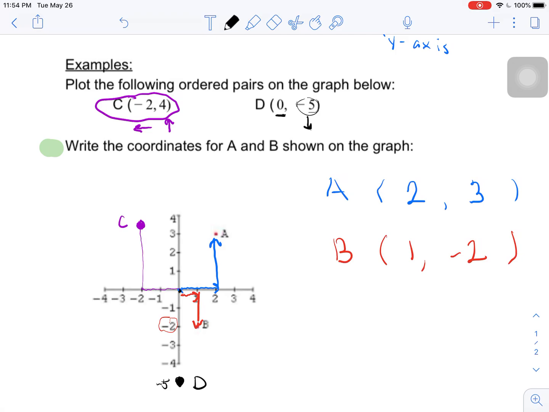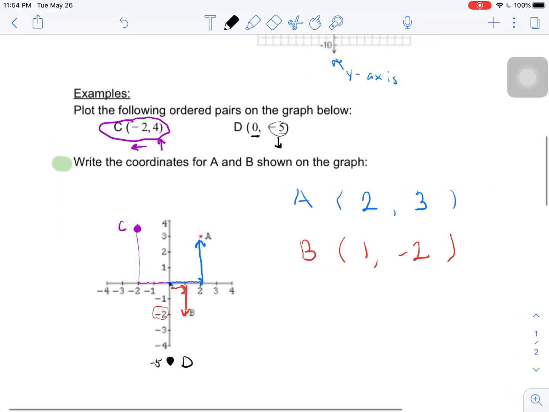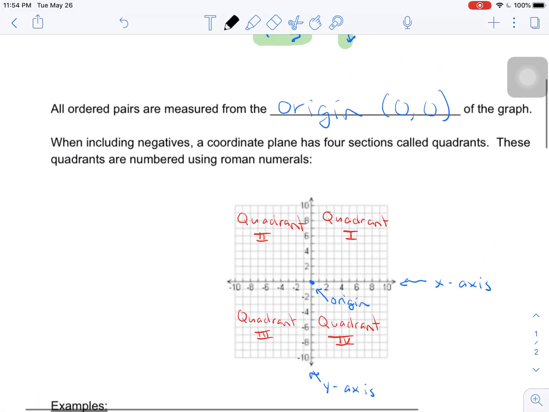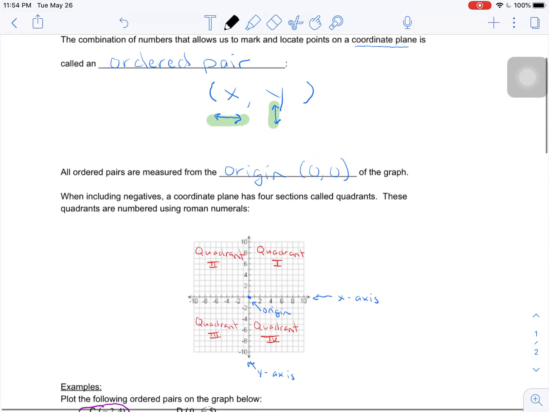So that is how we take what we've already been talking about with coordinates earlier this year and expand it to work with negative numbers. So you should have your notes outline filled in at this point with your examples and your vocabulary and graphing reminders. What you're going to work on today is some graphing practice. So one thing that you need to be able to do moving forward is accurately graph on a 4-quadrant graph using negative numbers. So you are going to work on a graphing picture today that is going to help you practice being accurate when you graph. So when you're ready,